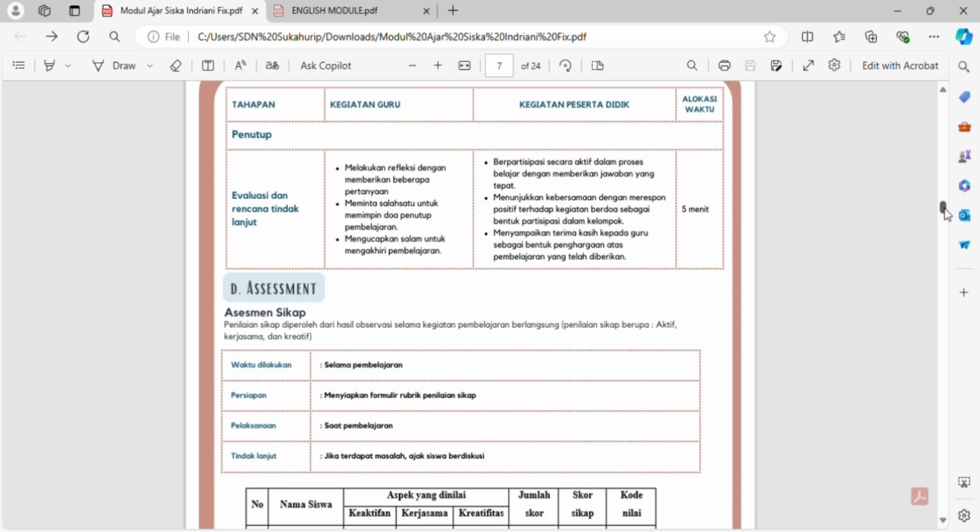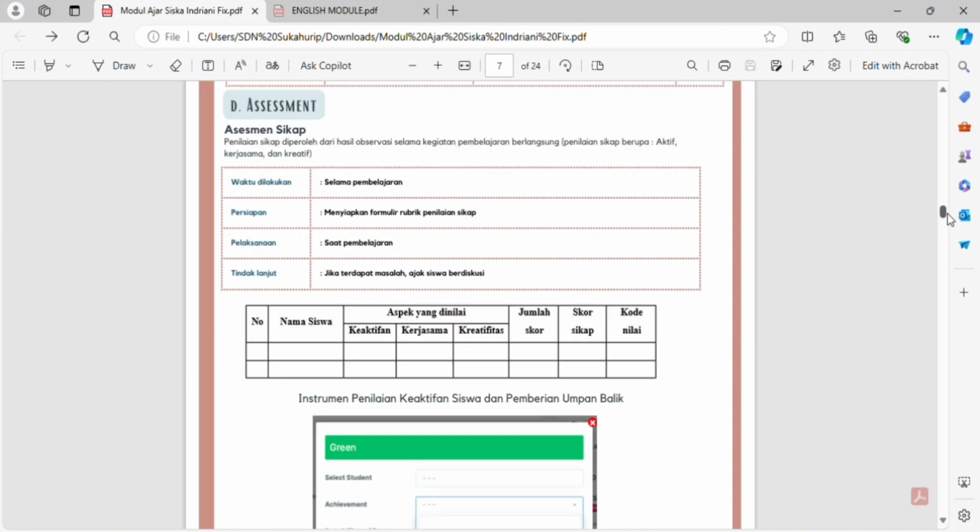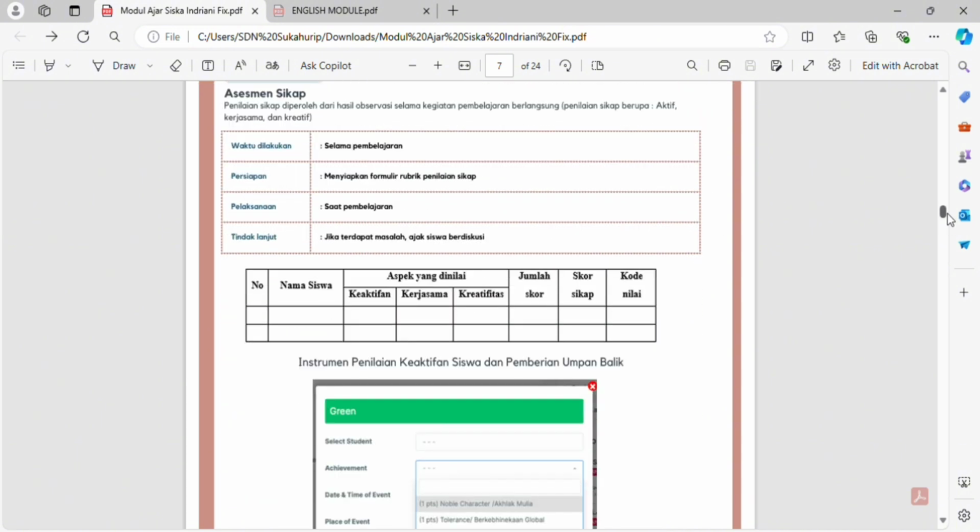Attitude assessment is obtained from the results of observation during the learning process. Attitude assessment includes active, cooperative, creative. And then next, this is the student activity assessment instrument and feedback.